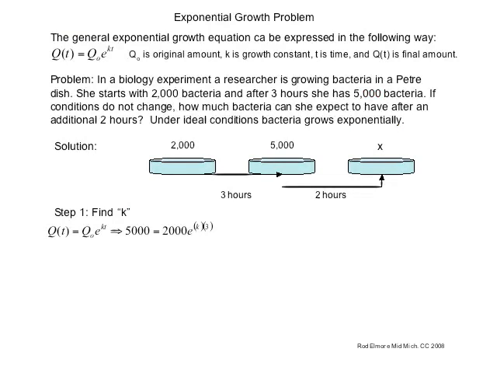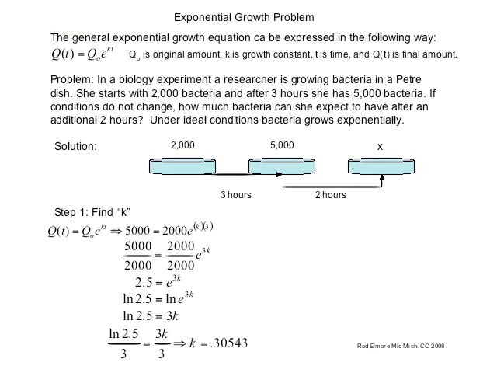And so now we have to solve this exponential equation. So first we'll divide by 2,000, and we'll get 2.5 equals e^(3k). So now we have an exponential equation where we got to get the 3k out of the exponent. So we'll take ln of both sides. ln of 2.5 equals ln of e^(3k), but ln and e are inverse functions of each other. So we'll get ln of 2.5 is equal to 3k. Then we need to divide both sides by 3. And k equals